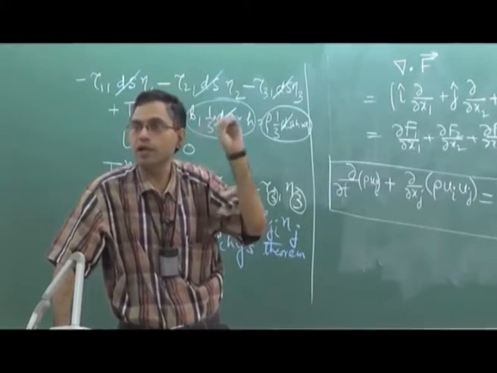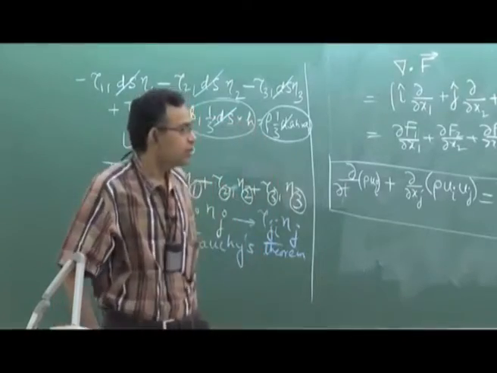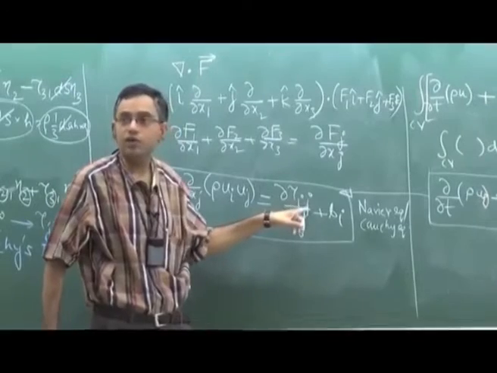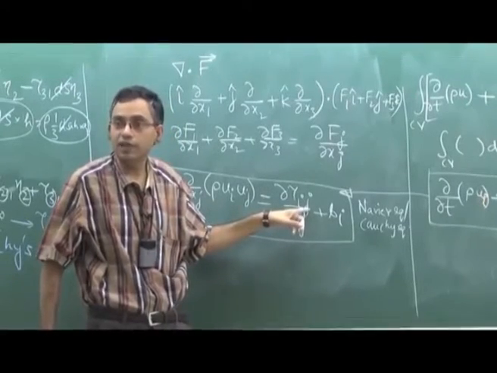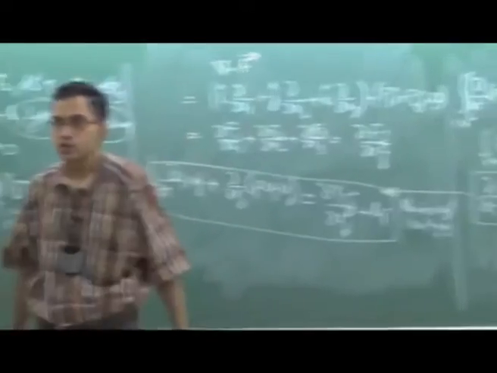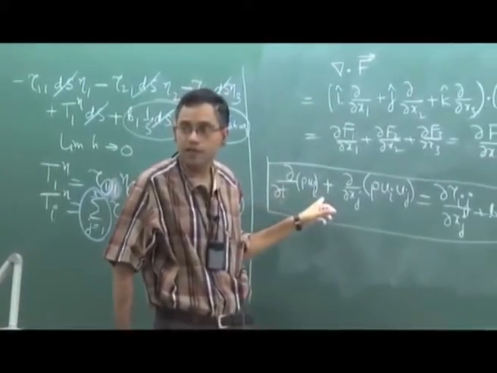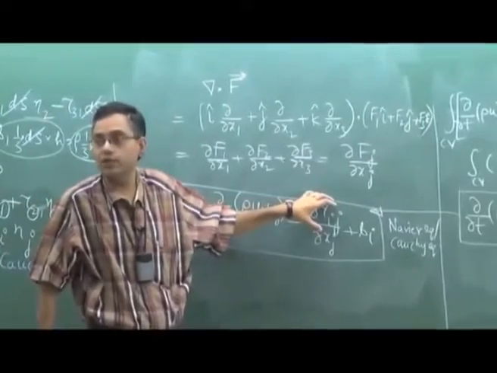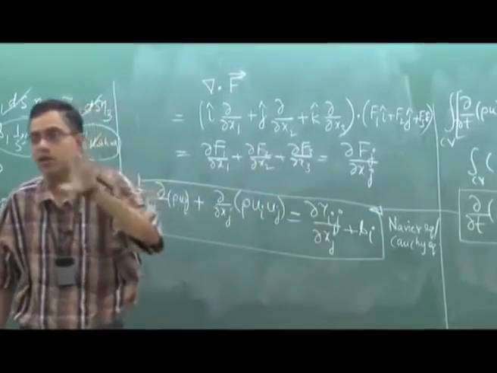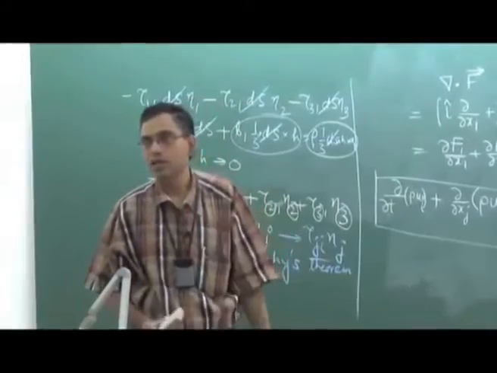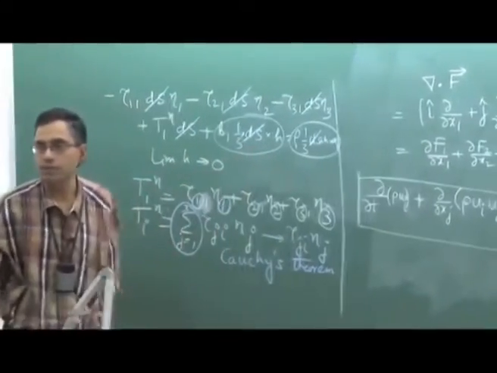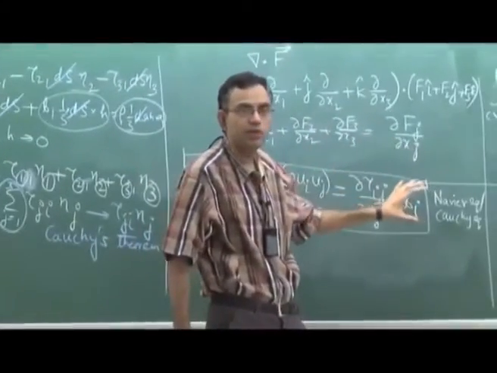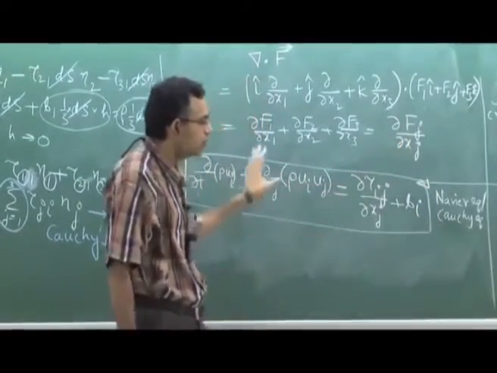Both linear momentum and angular momentum, because we started with linear momentum but we substituted tau ij equal to tau ji within the derivation, that comes from angular momentum. So it looks like a linear momentum conservation, but angular momentum conservation is inbuilt within the linear momentum equation. So this we normally call the momentum equation, in terms of differential calculus based representation of equations of fluid motion. So momentum equation.